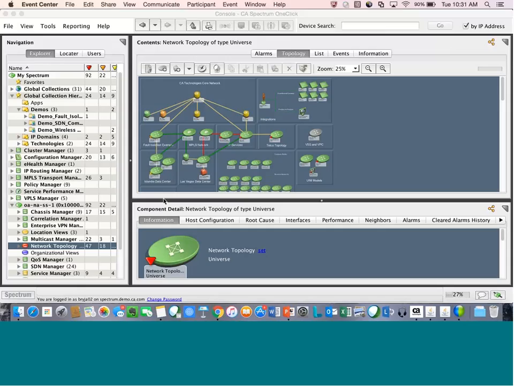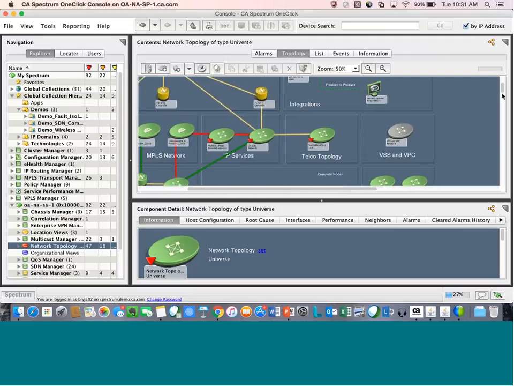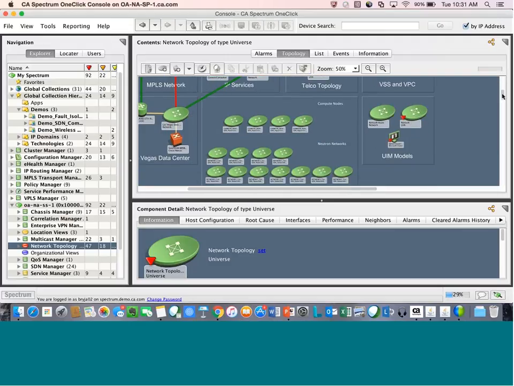Perfect. Thanks again, Kieran. I'm not going to spend too much time on this because I think we have some subsequent sessions around our SDN capability. But what I will show is just what Kieran showed in the slide. So here we have the Spectrum topology, right? And within our demo Spectrum environment, we have what we call our compute nodes, and then these are specifically our Neutron networks that are coming in from OpenStack itself. So these are automatically populated via the integration, right?